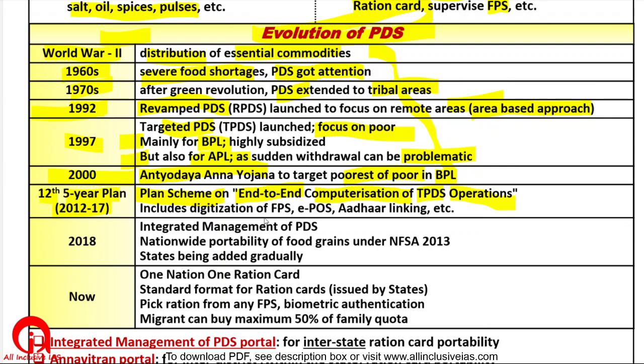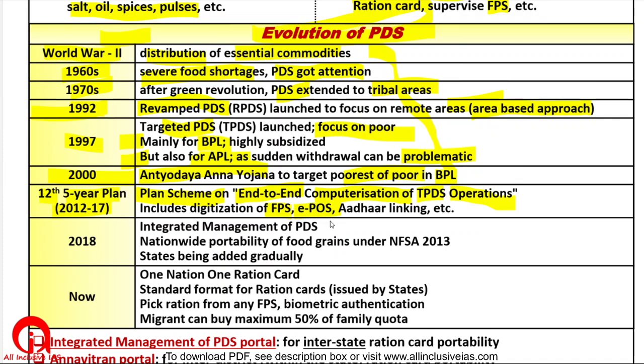all the fair price shops, all the ration ki dukan, all ration shops will be computerized, so that we can see in real time how much quantity each ration shop is receiving, and how much they are selling to which person. There will be EPOS. EPOS is point of sale. When you go to Big Bazaar or any big shop, when you check out, you see that they scan it and they give you a billing. That is point of sale.